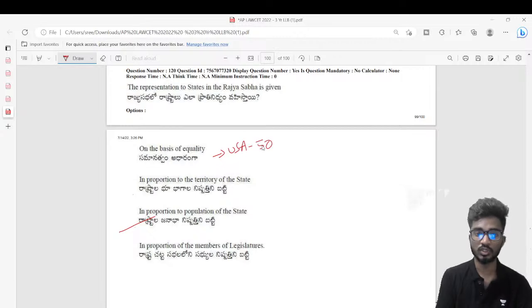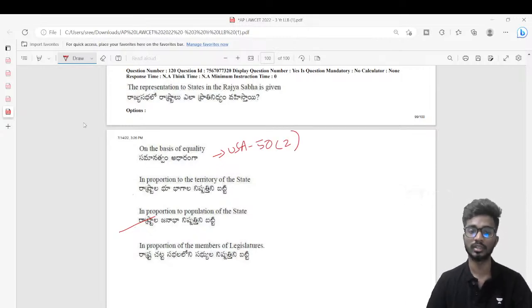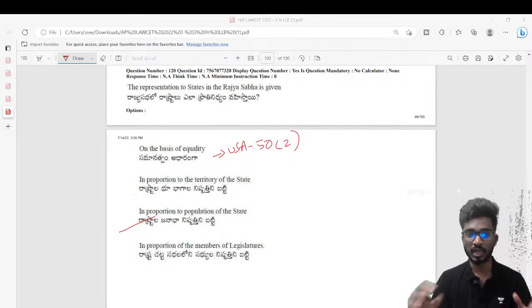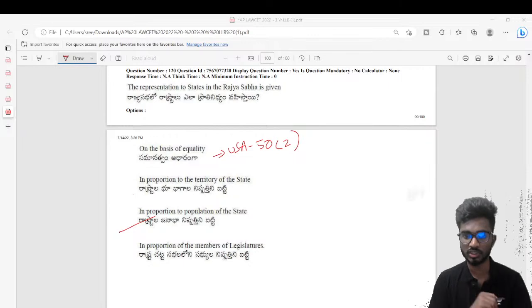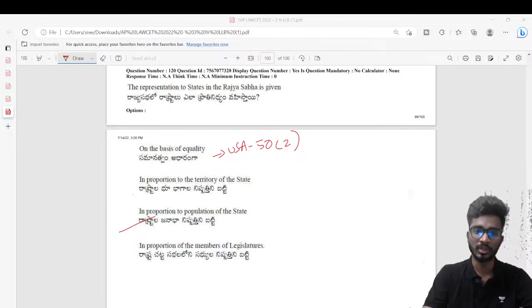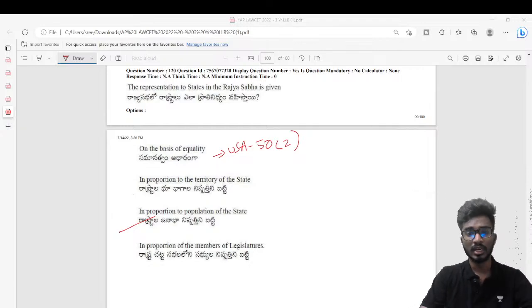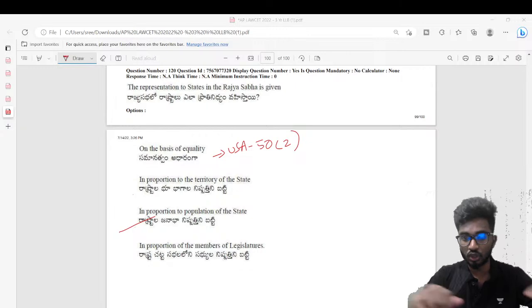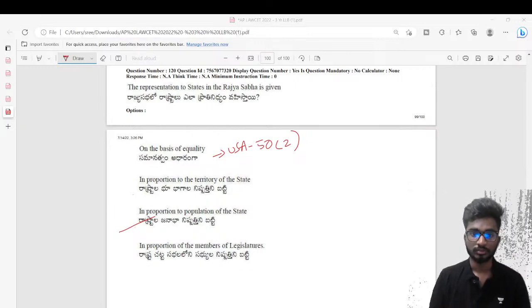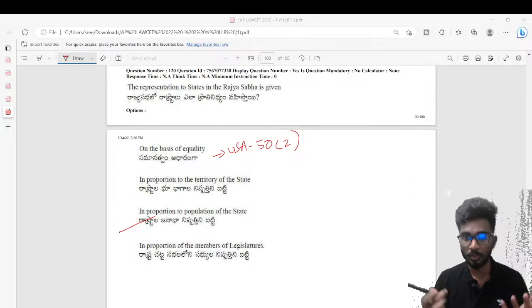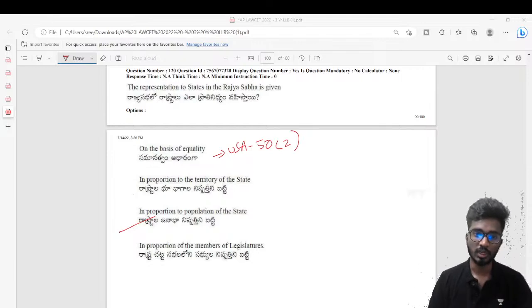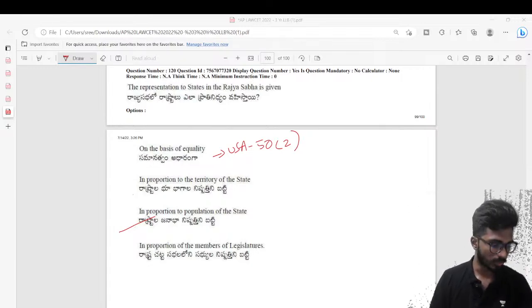USA lo 50 states unnai, every state ki 2 seats they have allotted in the US Senate. So Senate ante mana India lo Rajya Sabha laga US lo Senate undi. So Senate lo 50 states ki prati state ki rendu, chinna state a pedda state a danlo population enta anedi it is completely immaterial. But in India it is based on population of the state. So a state lo enta population undane dani batti this particular representation in Rajya Sabha is made,